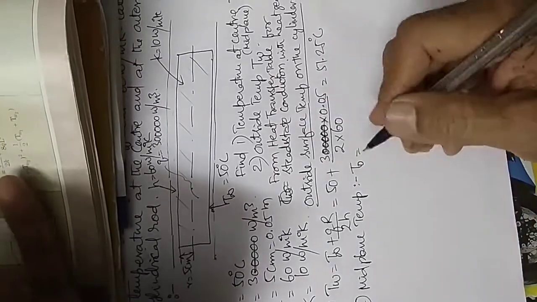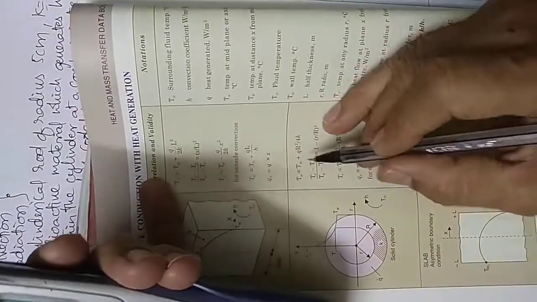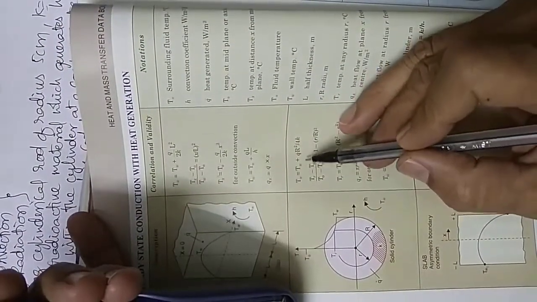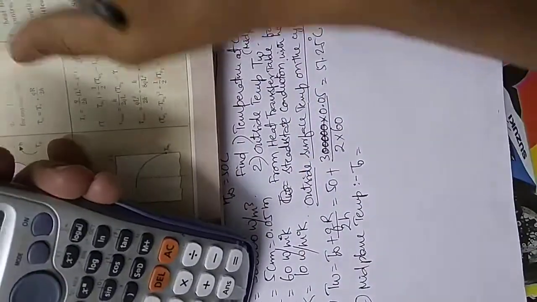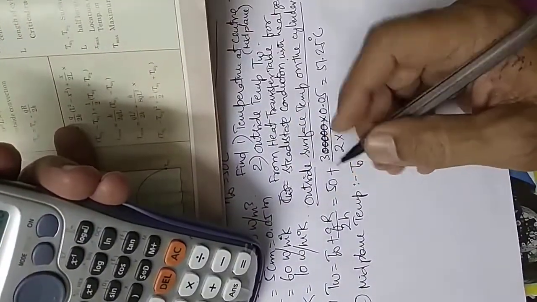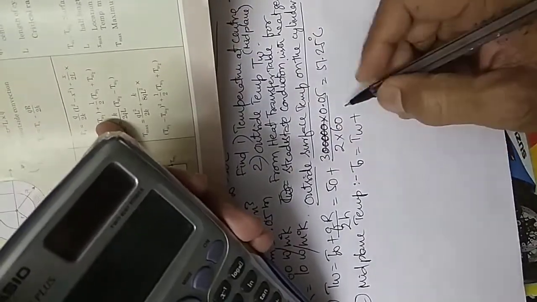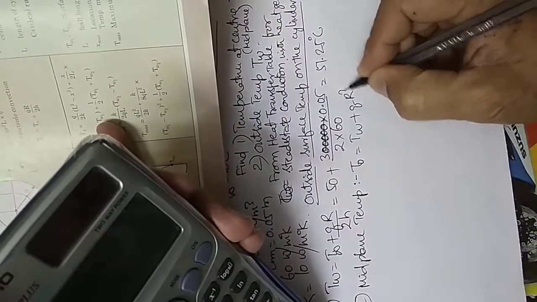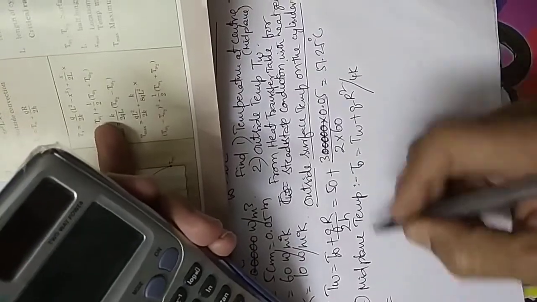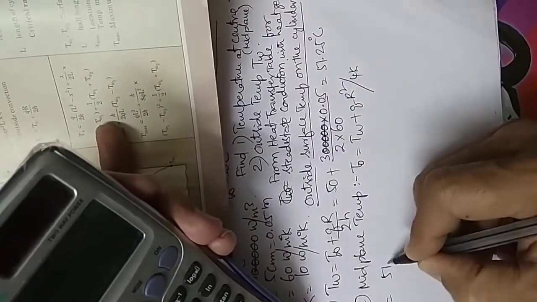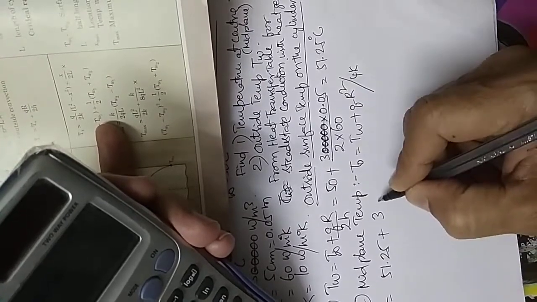The formula here is T naught is equal to TW plus QR square by 4K. So if you take TW plus QR square divided by 4K and substitute these things, TW is coming as 51.25 plus